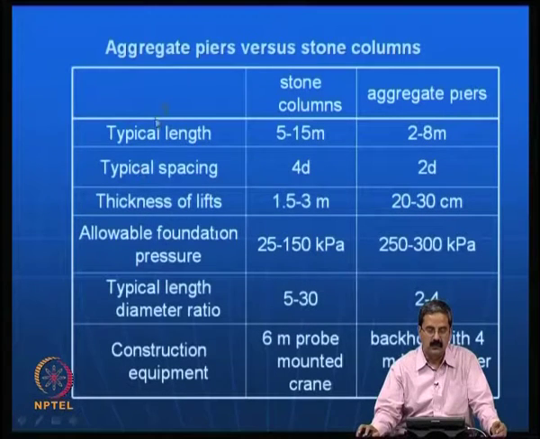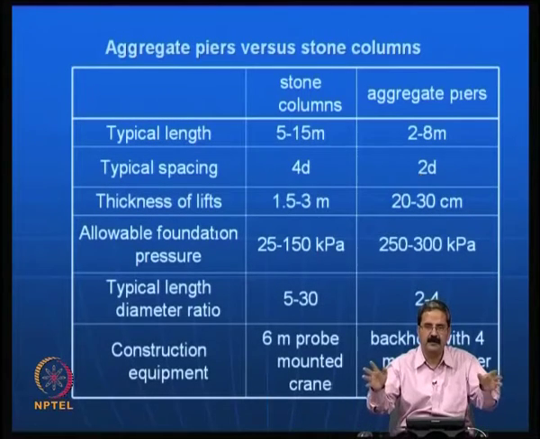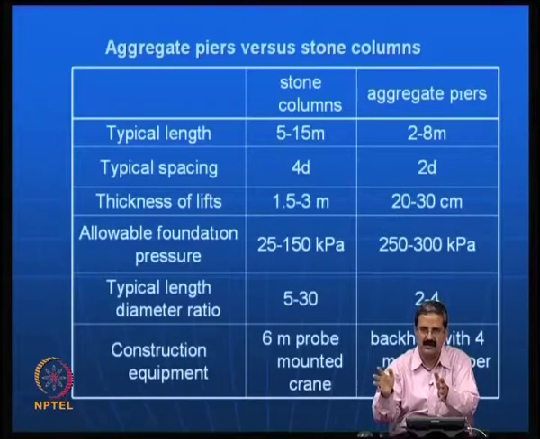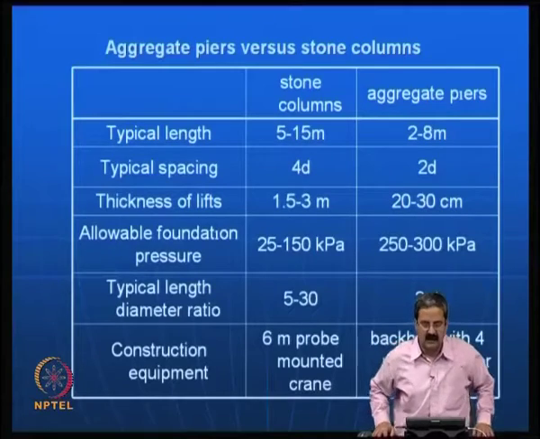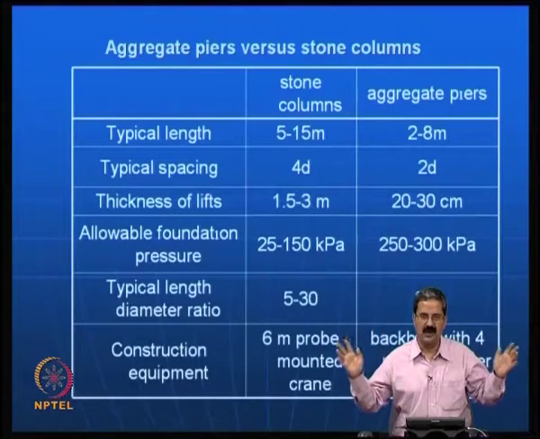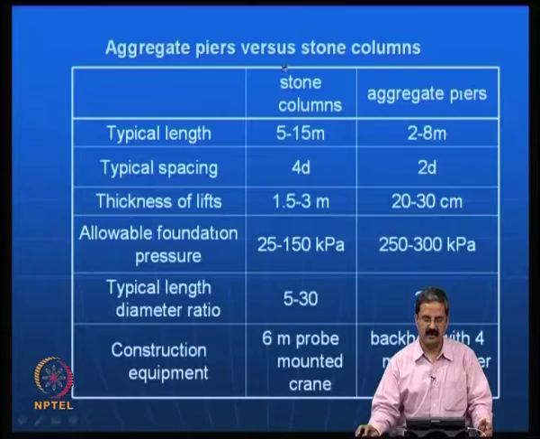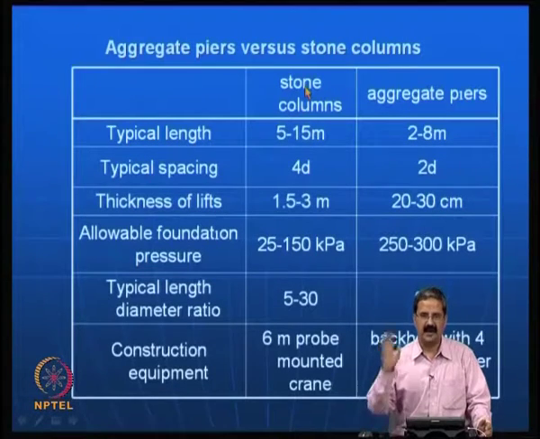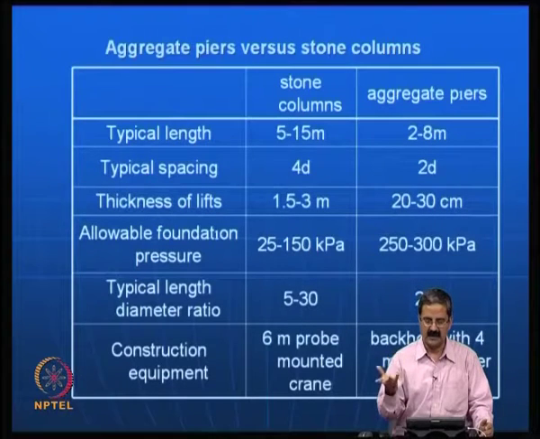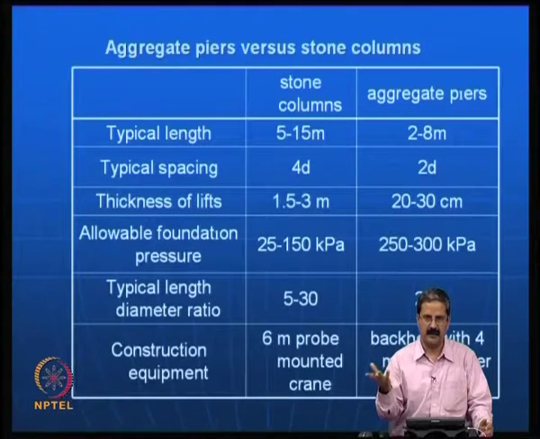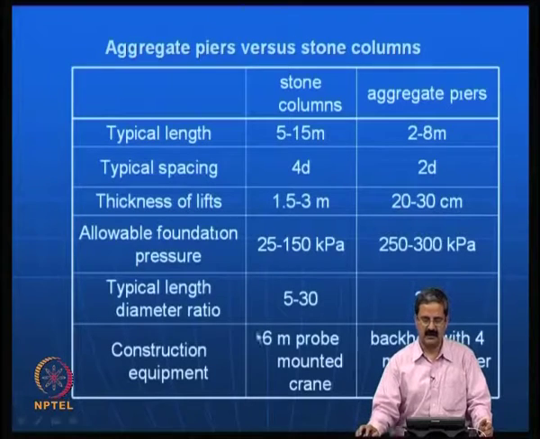What is the difference, one should know. In fact, it is even done by standard companies. Many companies have different packages for small works, where they do aggregate piers, or if you have a bigger job with bigger loads coming up, you go for stone columns. One can have all these choices, because finally as a ground improvement company, you need different approaches to solving problems. If the depth is not much, one can use aggregate piers.